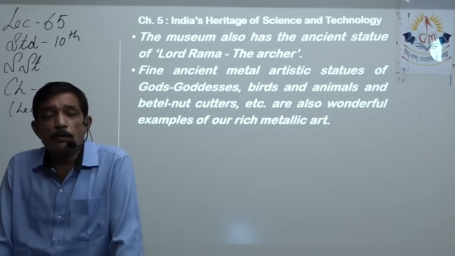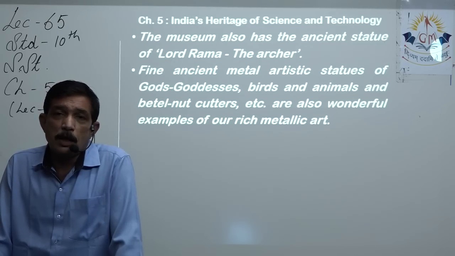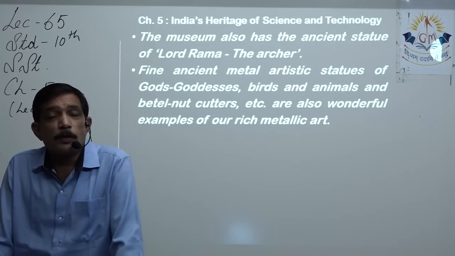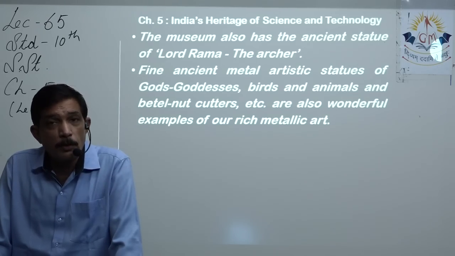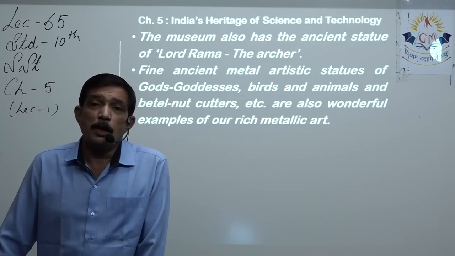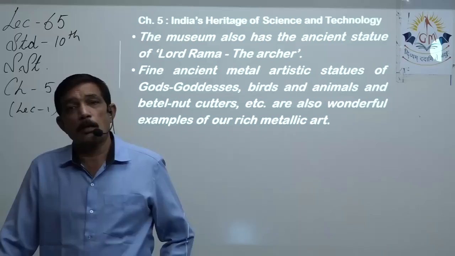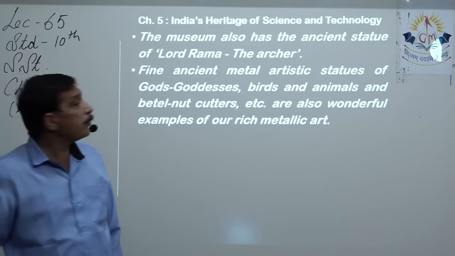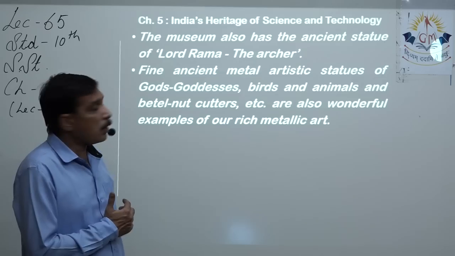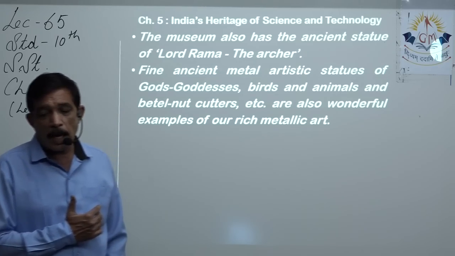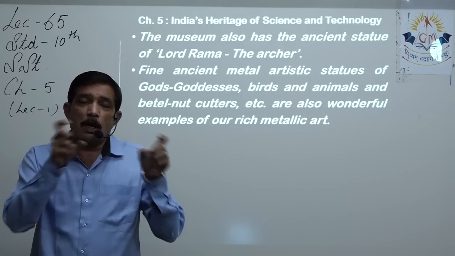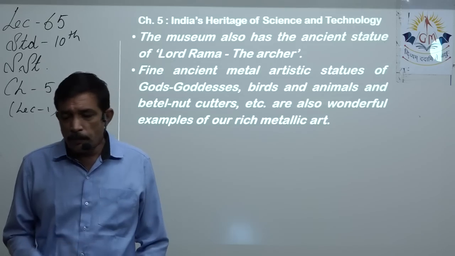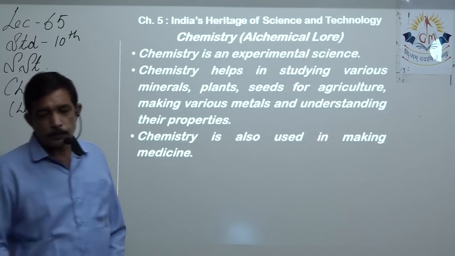Everywhere we have presence of things made in the ancient time. We found them during excavation at different sites all over India, and these are the things that we got from there, which is living proof that people of ancient India were very good at metallurgy. So lots of artistic metal statues of birds, animals, gods, goddesses, betel nut cutters, that is supari cutters, were given very artistic design and shape. So all these are proofs.